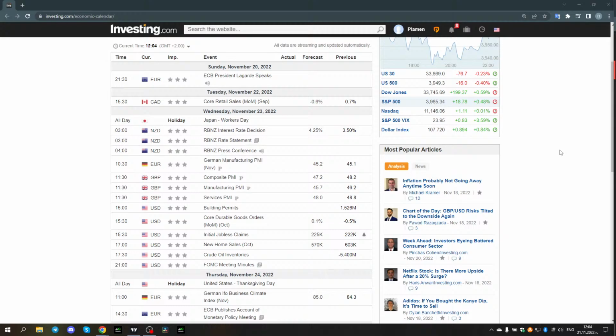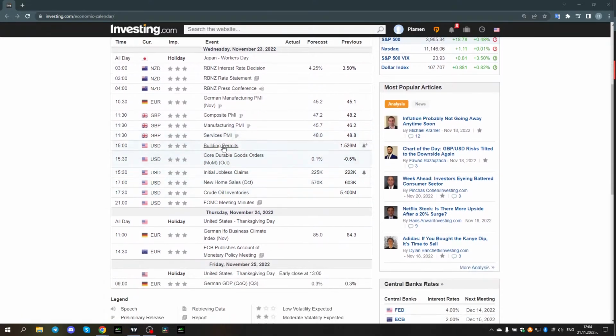This week we don't have very important news. The most important is on Wednesday, the BNZ interest rate decision. It's expected that the rate decision is going to be increased from 3.50% to 4.25%. The other important news on Wednesday is for the pound: composite PMI, manufacturing PMI, and the service